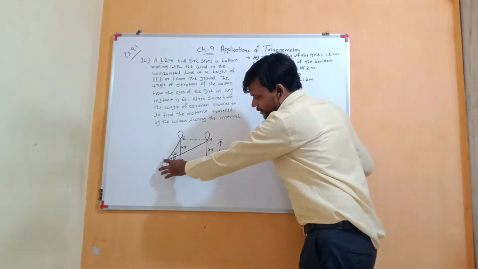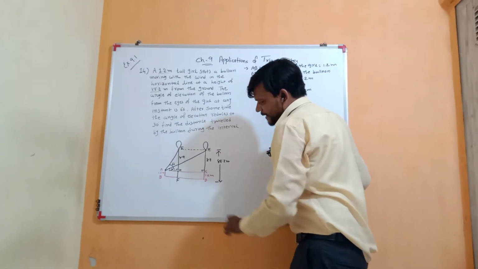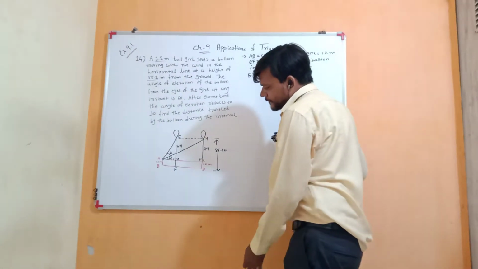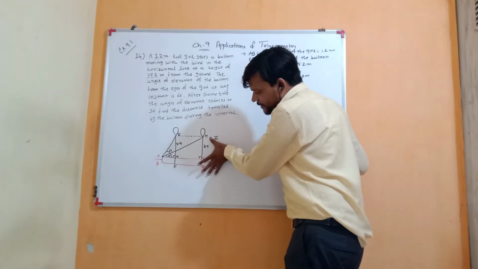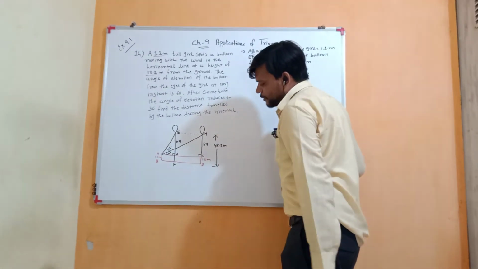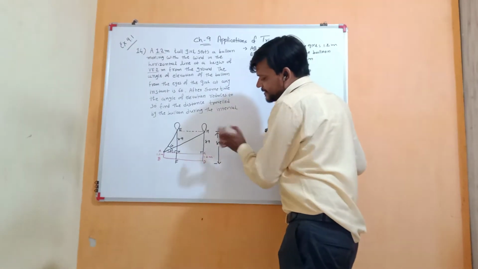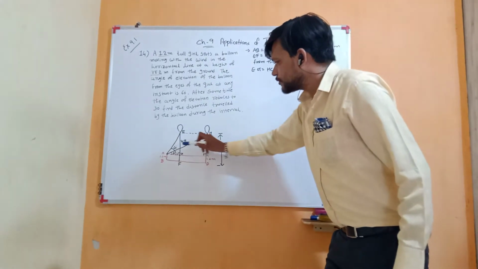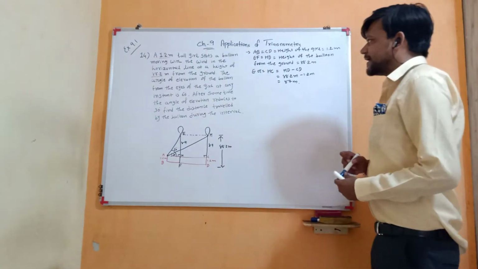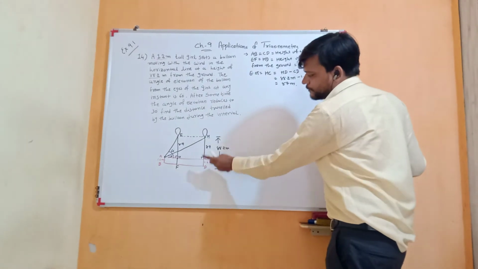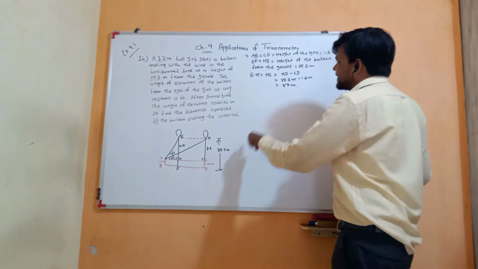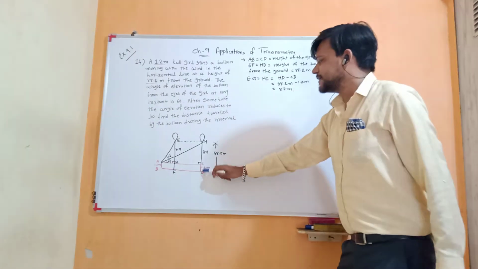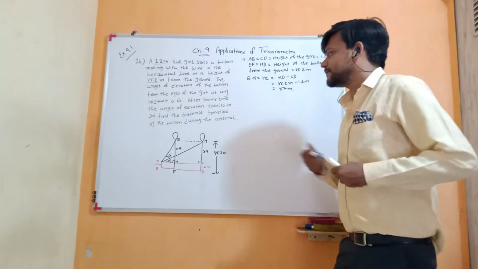Now see, here the right angle triangle formed is ACH, right? And if you want to find this length CH, the perpendicular distance, what you have to do? You have to subtract CD from HD, where HD is the height of the balloon from the ground and CD is the height of the tall girl, right? So EG and HC both are equal because both are the opposite sides of a rectangle. So how can you find it? From the subtraction of CD from HD, right? So HD minus CD. Now HD is 88.2 meter, CD is 1.2 meter, becomes 87 meter.